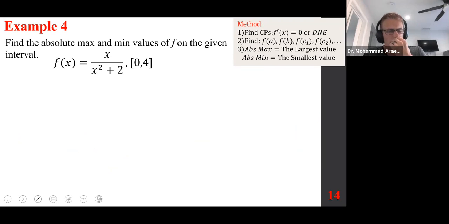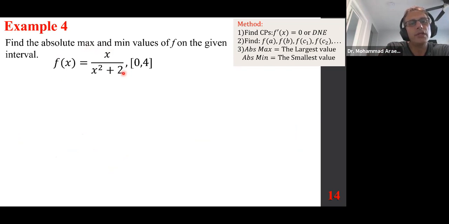We are repeating the same situation with a different function. F of x equals x over x squared plus 2. So the very first thing is to establish continuity and the domain. What type of function do we have here? Anybody knows what type of function we have here? What is the name? This is a rational function,